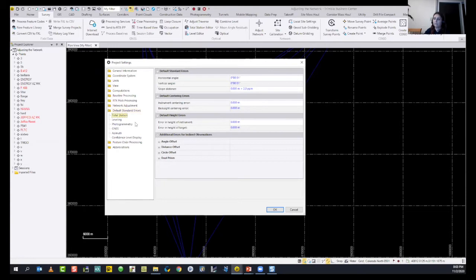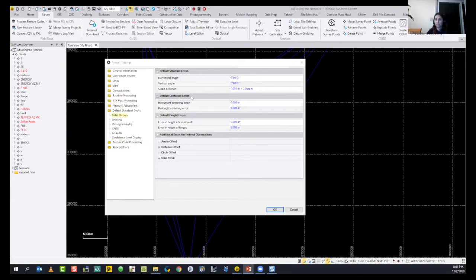Second one is the total station. So under total station, you will see the horizontal, first the default standard errors and centering errors. We all know that there is no way to center our instrument 100% perfectly. There will always be centering errors for your instrument, same for backsight centering errors.